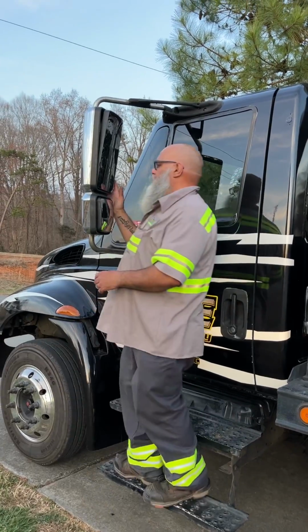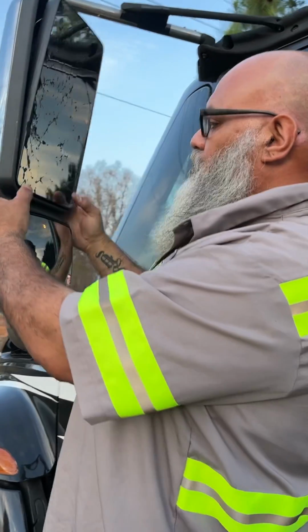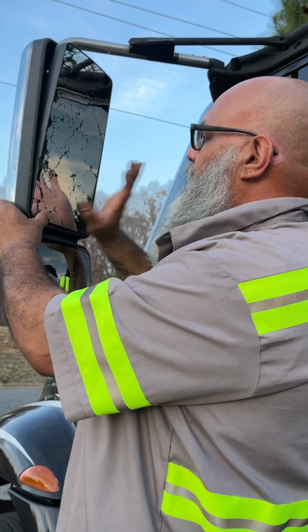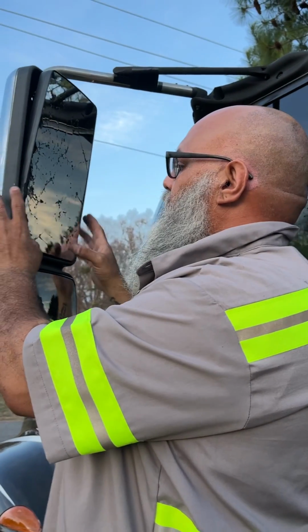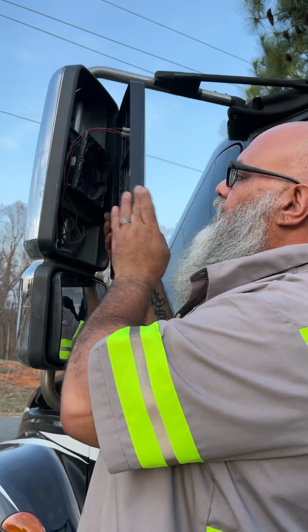What's up, guys? So we're gonna replace the mirror. This is a 2000 International. What you want to do is push the bottom out, or you can use the controls, push it out. Once you get it out from the bottom, you don't want to push up like that, and then it'll pop